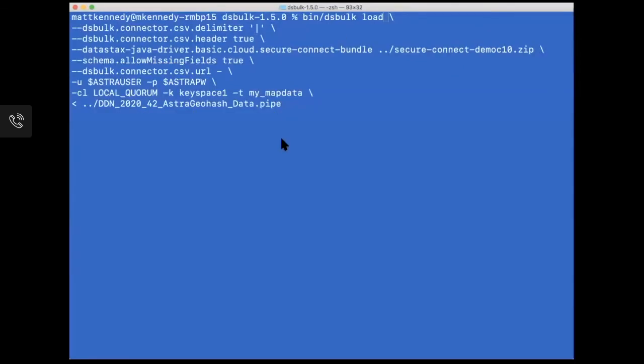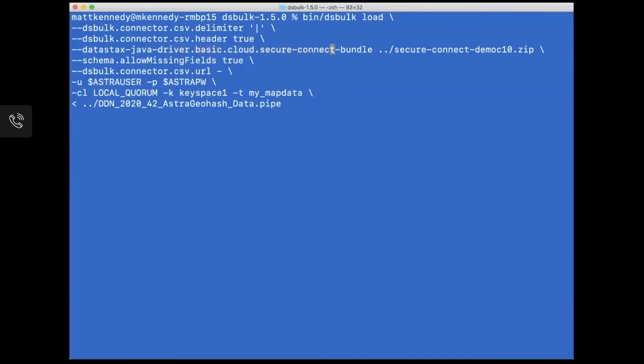Okay, so let's look at what this DS Bulk invocation looks like in detail. Here we have our path to our executable, and then our command is load. The options are going to set the delimiter to being a pipe character instead of a comma, and then we are telling it that there is a header. Those header values are going to be the mapping that we need for the input file to database column configuration.